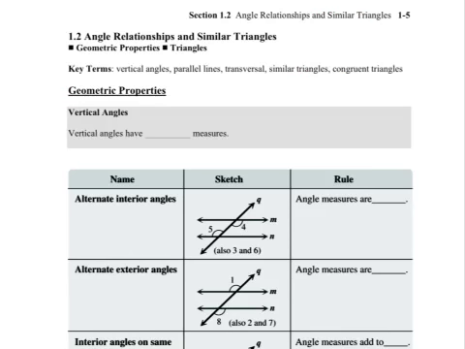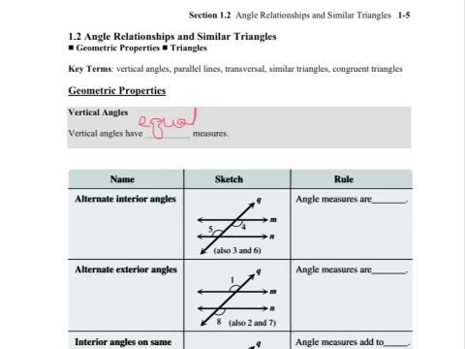Okay, that was section 1.1. We're going to move on to 1.2 now. Angle relationships and similar triangles. The key terms here are vertical angles, parallel lines, transversal, similar triangles, congruent triangles. So vertical angles have equal